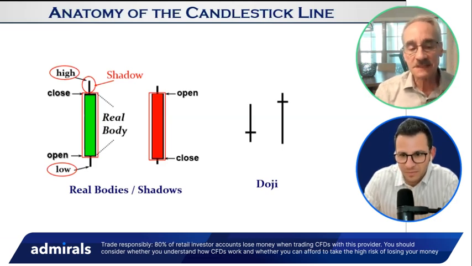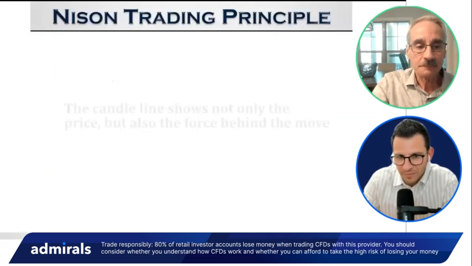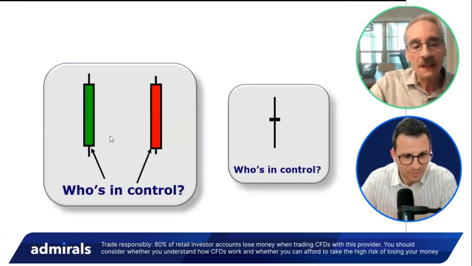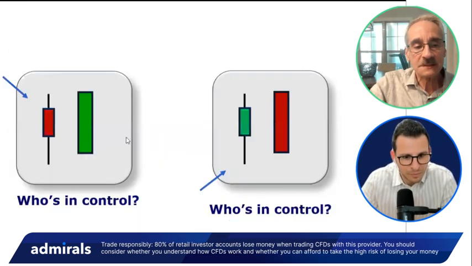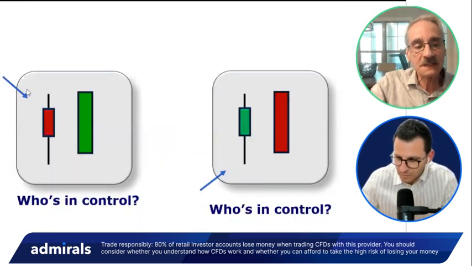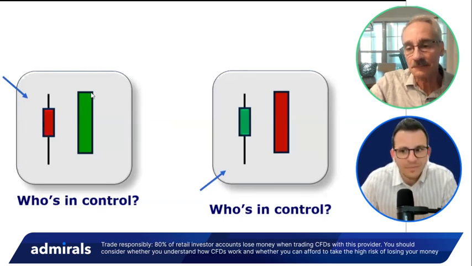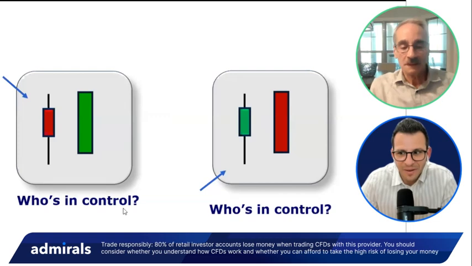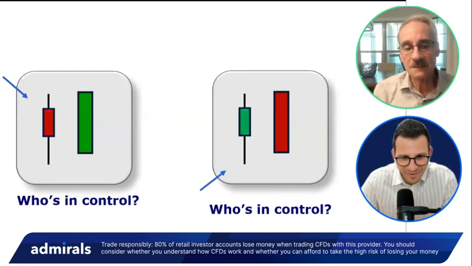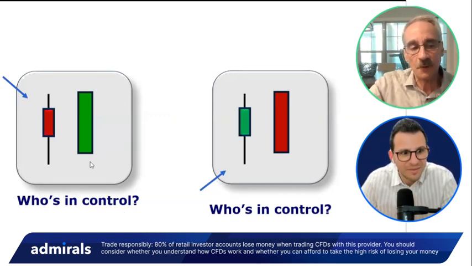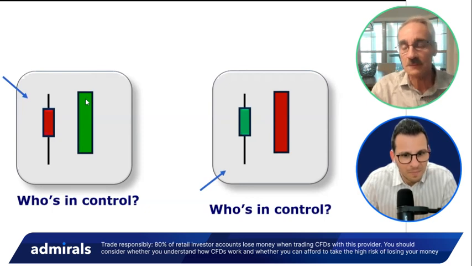I'll look at the volume. Let's say there's a bullish engulfing pattern. I'll see if there's lighter volume on the red real body and higher volume on the green real body. But not normally. I don't, because this is really showing you who's in charge, the bulls or the bears at that time.